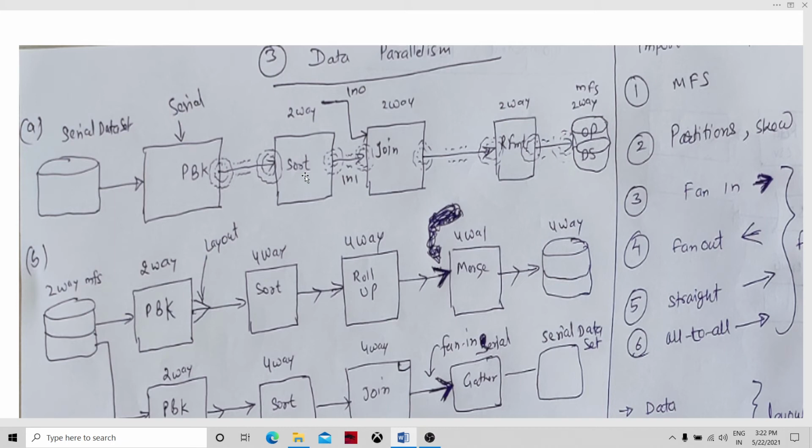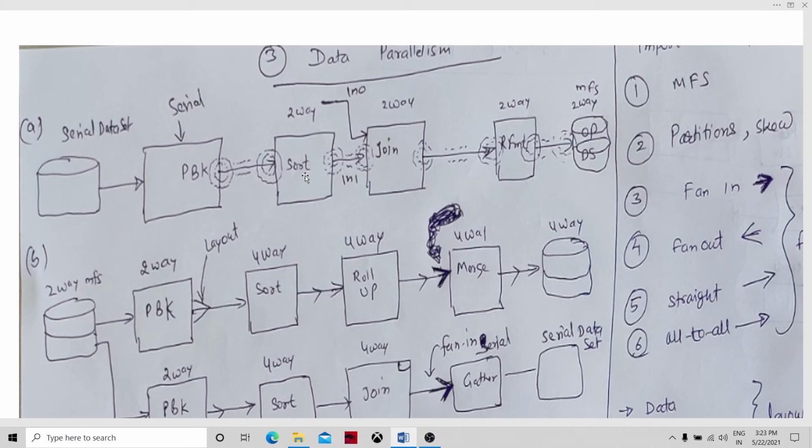Each of these is called a partition. So in a two-way MFS there will be two partitions, and in an eight-way there will be eight files, eight different locations in the host computer.